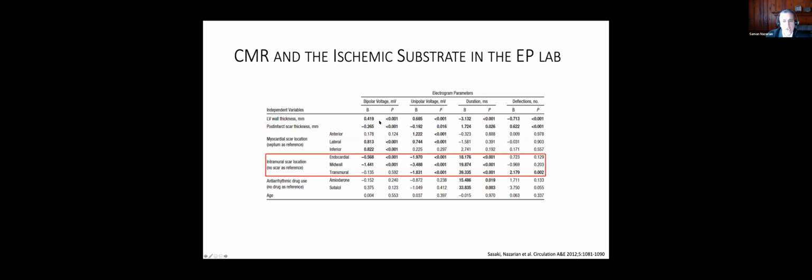The scar location can have some associations. I'm going to skip over it because they tend to be not so dramatically important. But intramural location, where within the wall it is, endocardial, midwall, transmural, is of course very, very important. These are all ischemic cardiomyopathy patients. You might say, well, why do they have midwall? They do. Ischemic cardiomyopathy patients can have midwall scar, especially on the edges of the scar, edges of the infarct,